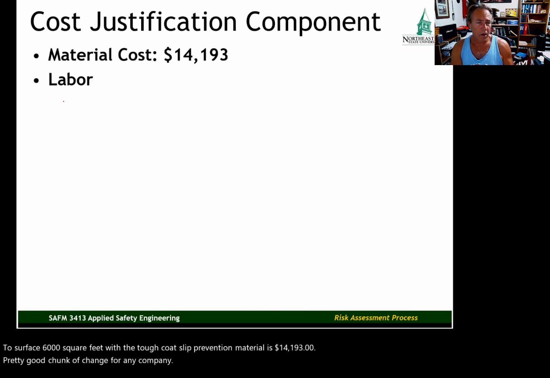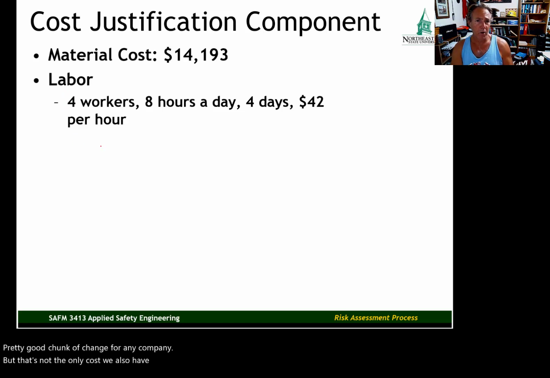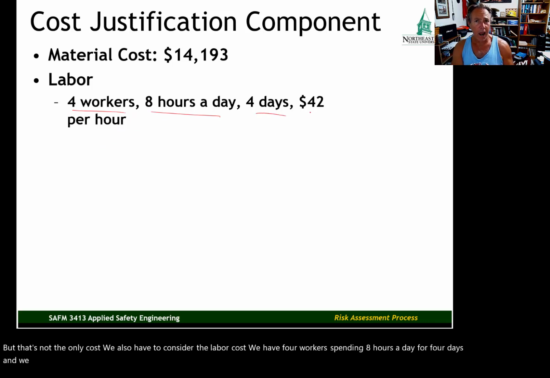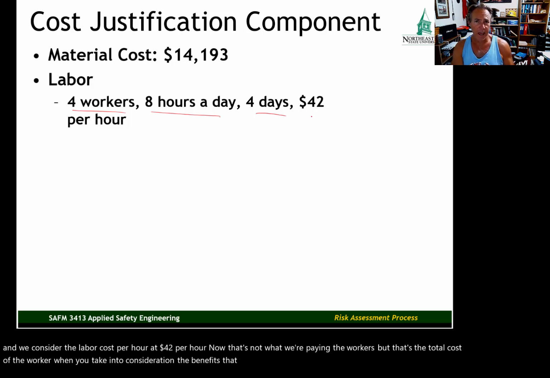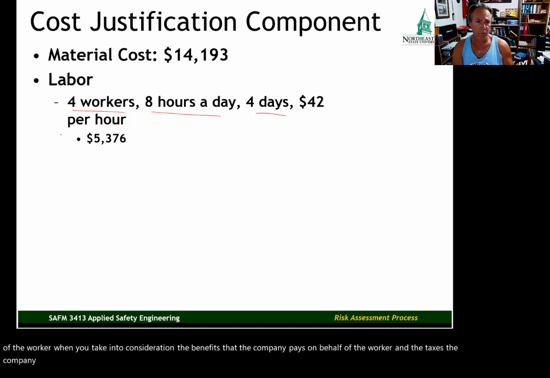But that's not the only cost. We also have to consider the labor cost. We have 4 workers spending 8 hours a day for 4 days, and we consider the labor cost per hour at $42 per hour. Now that's not what we're paying the workers, but that's the total cost of the worker when you take into consideration the benefits and the taxes the company pays on behalf of the worker. So 4 workers, 8 hours a day for 4 days at $42 an hour,